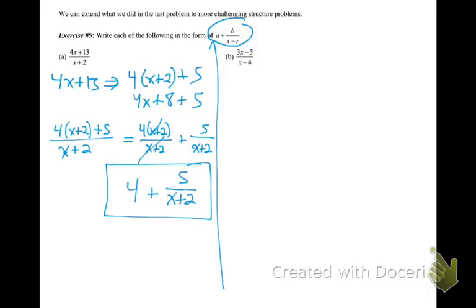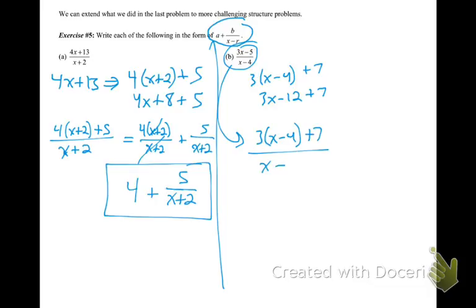All right, let's check what you got. So, if I'm going to rewrite the 3x minus 5 so it has an x minus 4 in the top, let's just check to see what happens when we multiply 3 times x minus 4. That gives me 3x minus 12, but to get a negative 5, I have to add a 7. That gives me 3x minus 5. So I can rewrite this as 3 times x minus 4 plus 7 over x minus 4,